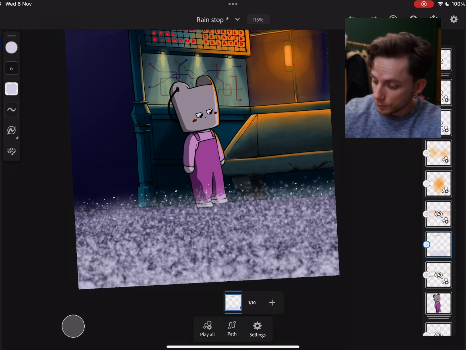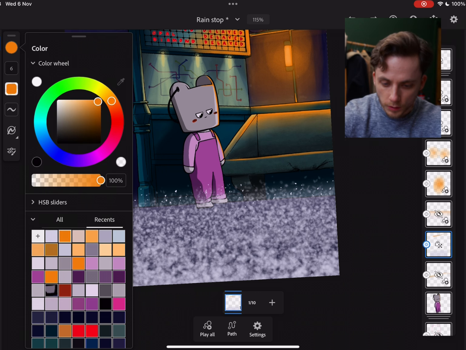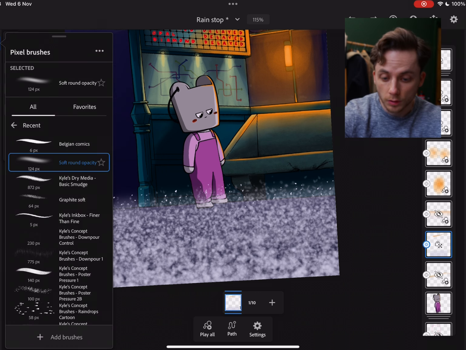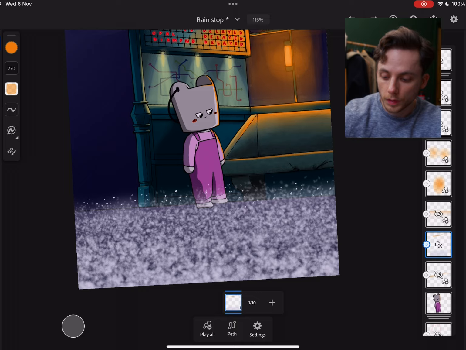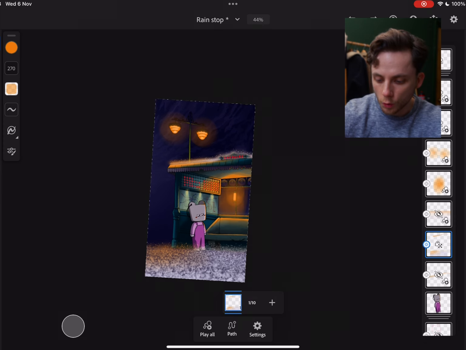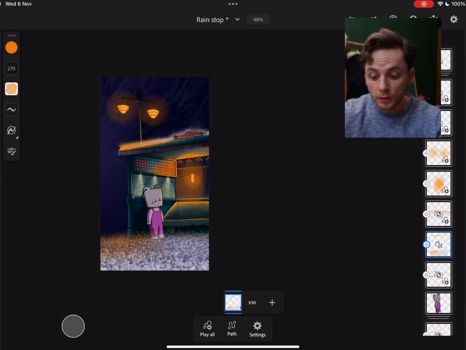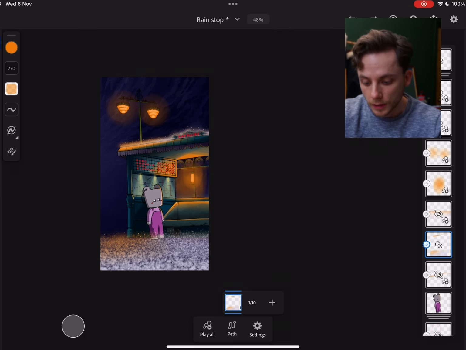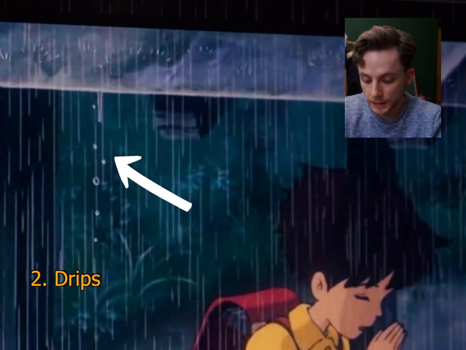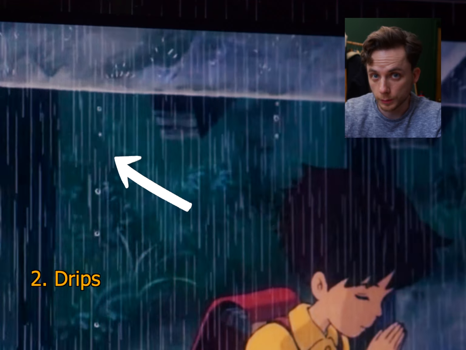And then again, final thing, I'm going to lock the transparency. I'm going to take that orange color for the light. I'm going to take the soft round opacity brush, make it bigger, and again paint in patches of light that's being caught by that lamp. And so now that feels like rain grounded in the scene, and I'm just going to repeat that for 5 frames. So the next element of rain to build up this effect is going to be the drips that come